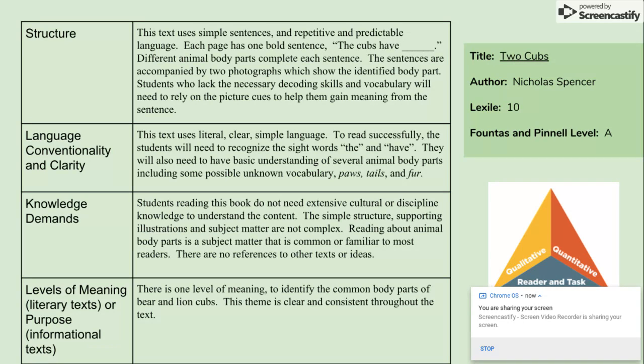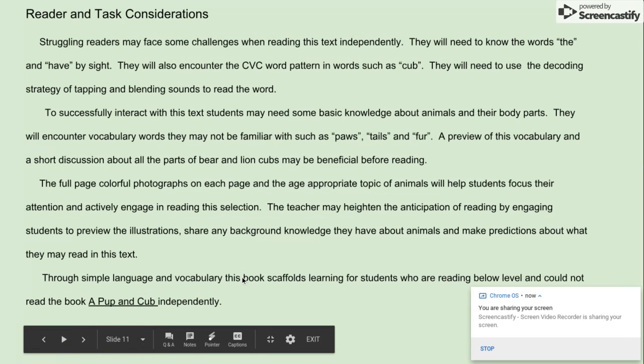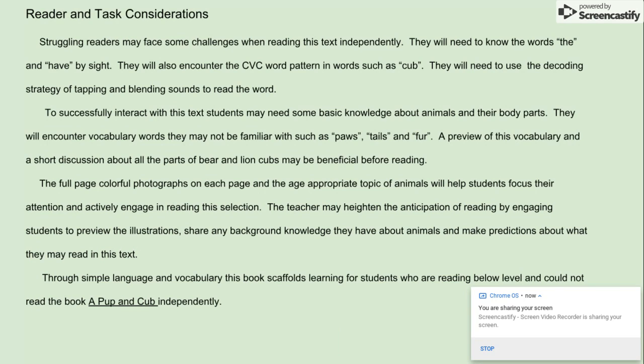There was not extensive background knowledge that was required, and the meaning was very clear. It was to identify common body parts of two animals. Some reader and task considerations: struggling readers